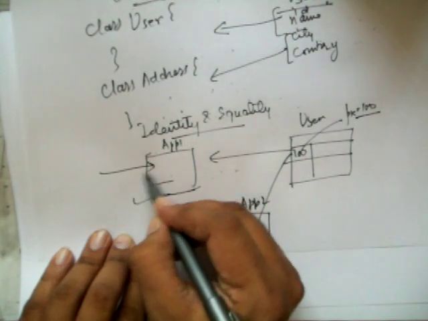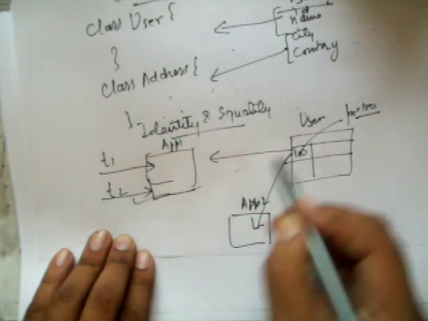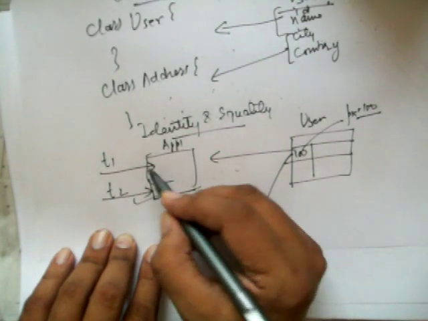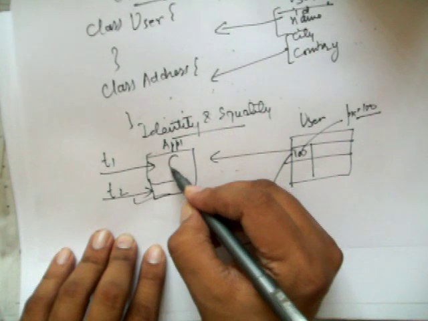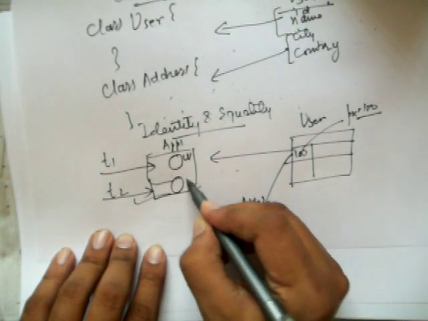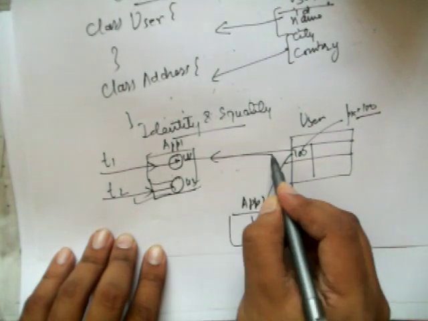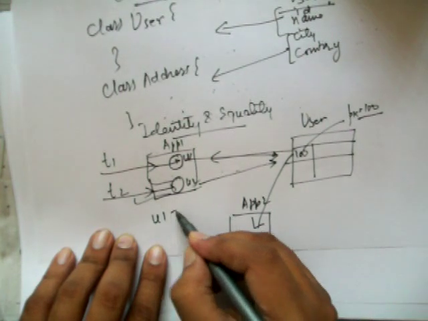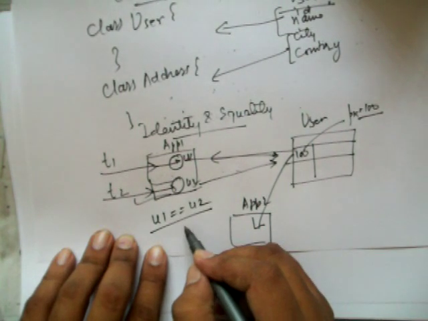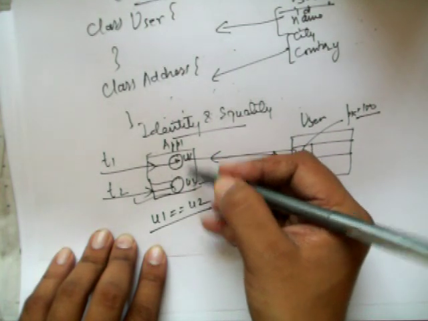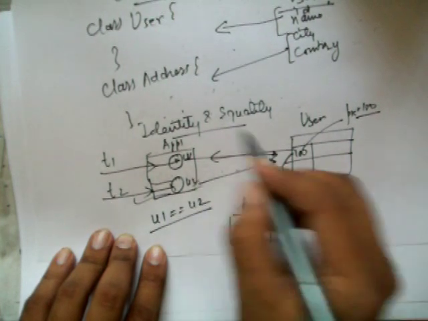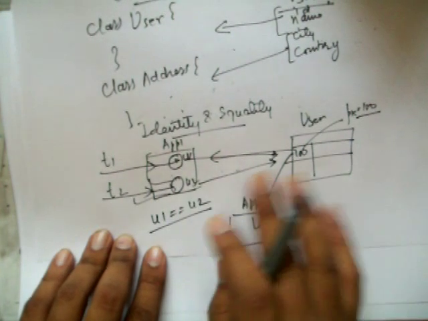But now let's say in our app1 there are two threads, T1 and T2, and we fetch this record and map it to our objects in both threads at the same time. So we have U1 here and U2 here, and both are representing the same record. Then the question is whether U1 is equal to U2. It may happen that the threads have changed the states of their objects. Then which one do we persist to the database, and how do we resolve these issues? These are the issues that need to be taken care of.